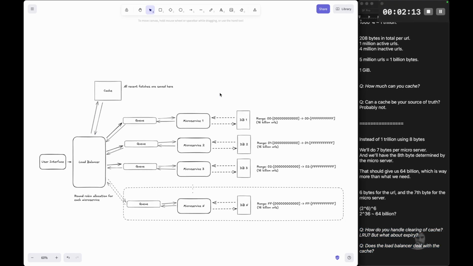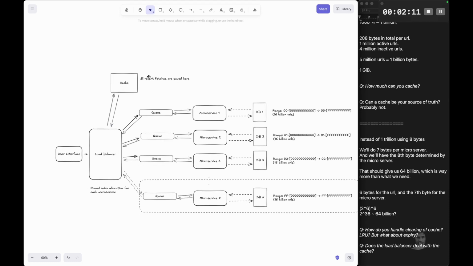Yeah, I think that's a merger. So let's cache first. If it's present, sure. If not,